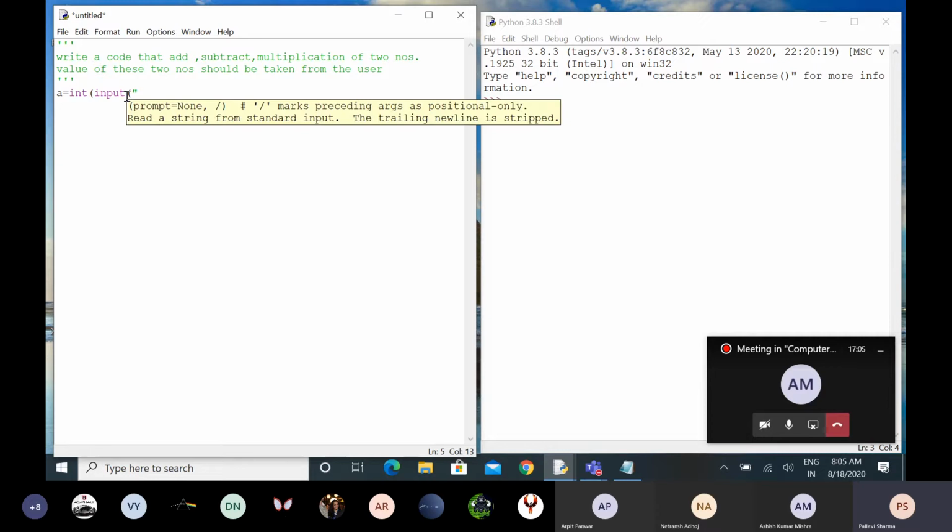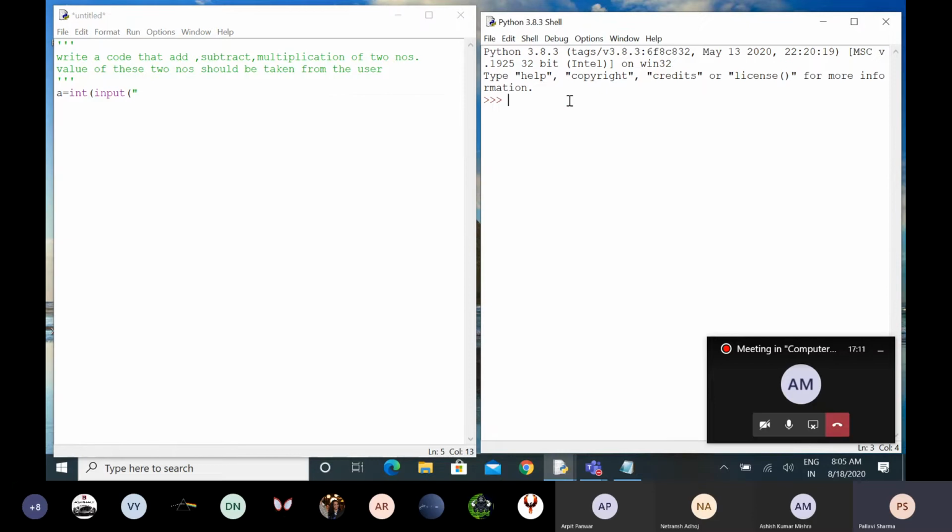Int function, you can write on your register also, the use of int function. You can write use of int function. इसमें लिखो this function is used to convert the value into numbers.